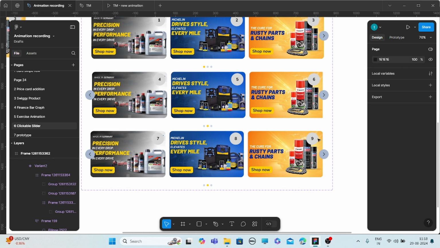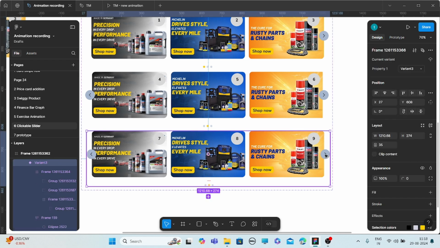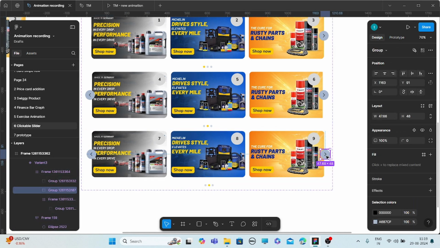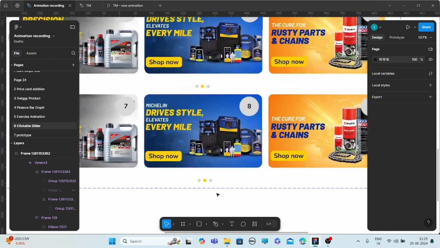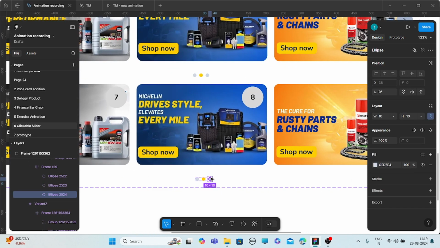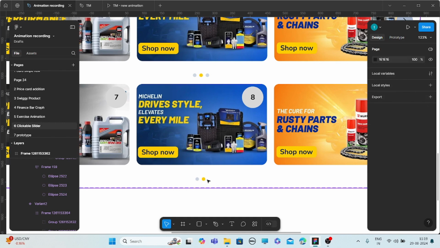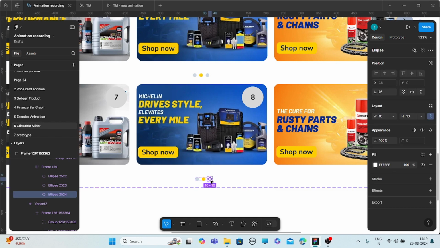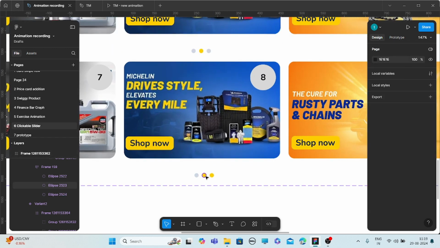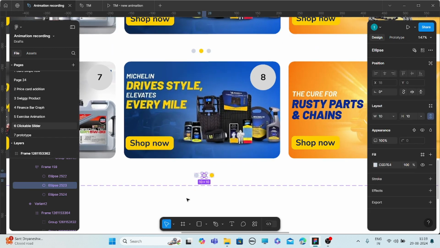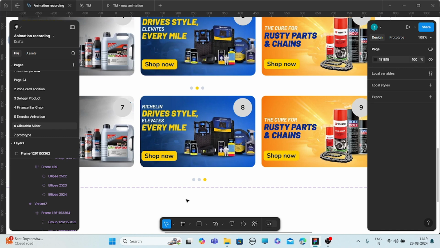Okay, and for this one we'll move this arrow, make this eye close because this one is the last slide, and here we'll change the color of this dots. Okay, now for the second one, here.